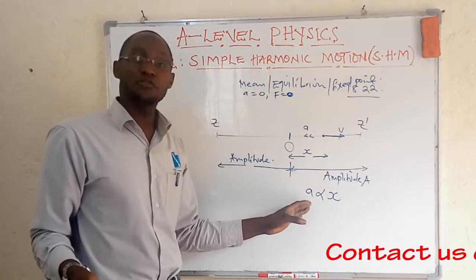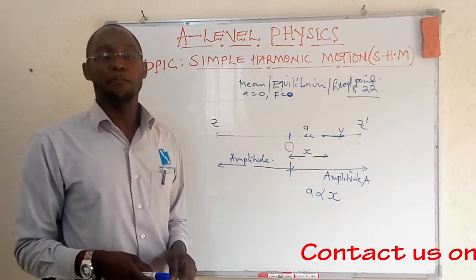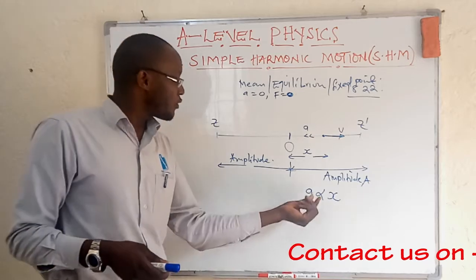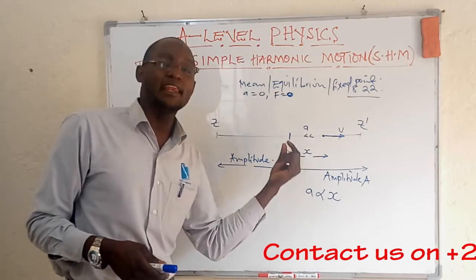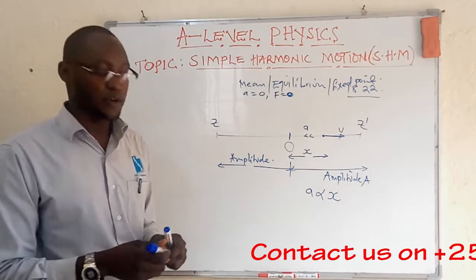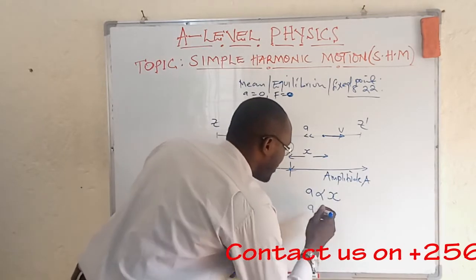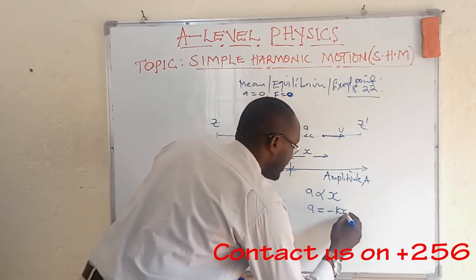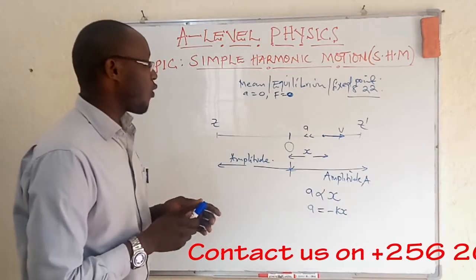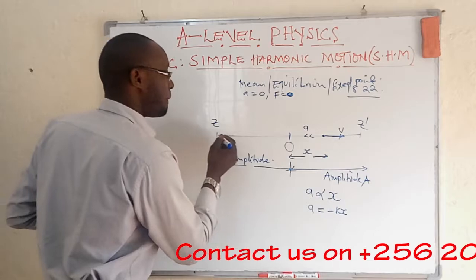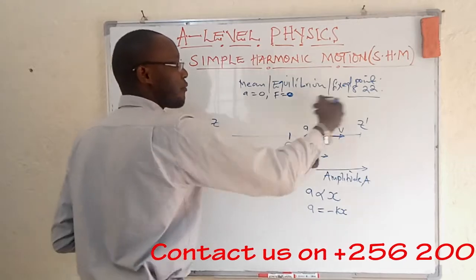So, which means the acceleration is going to be negative because the direction of the displacement is different from that of the acceleration. So when we remove the sign of proportionality and introduce an equals sign, we still have to introduce a negative sign and a constant of proportionality. So we are going to see that a is now becoming negative kx, where k is a constant of proportionality. But now we are going to observe that a body moves to and fro, passing the mean position, from one end to the other end,